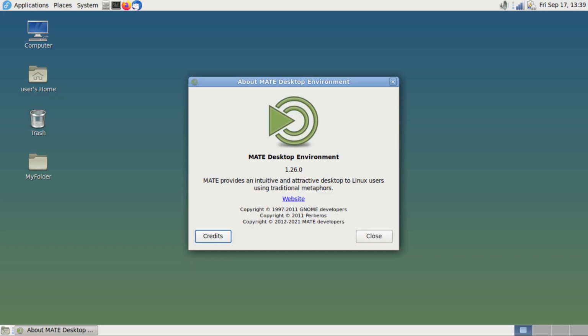Mate is named after the South American plant, yerba mate, and tea made from the herb, mate. The name is stylized in all capital letters to follow the nomenclature of other free software desktop environments like KDE and LXDE. The recursive acronym Mate Advanced Traditional Environment was subsequently adopted by most of the Mate community, again in the spirit of free software like GNU, GNU's not Unix. The use of a new name, instead of GNOME, avoids naming conflicts with GNOME 3 components.